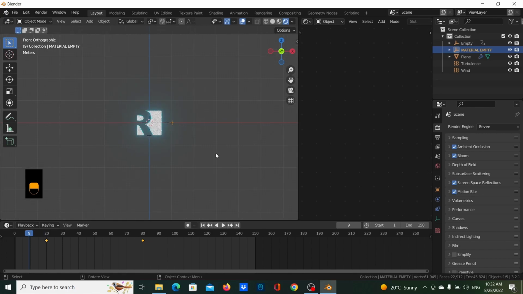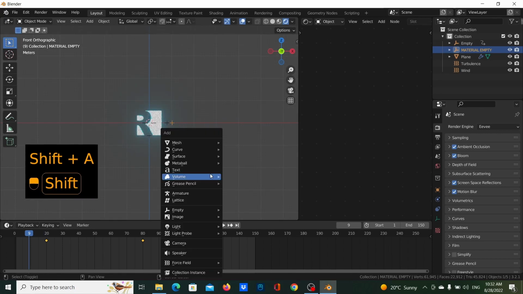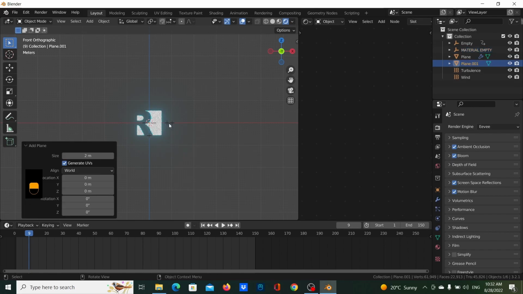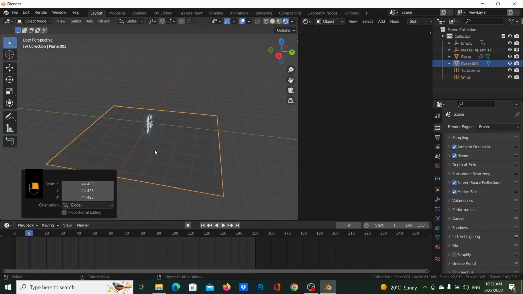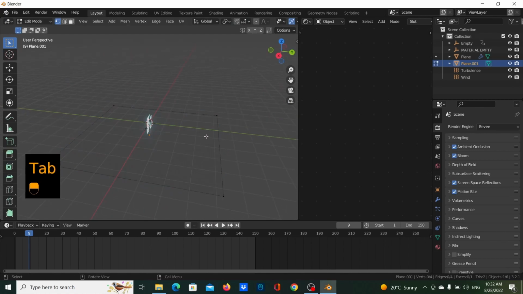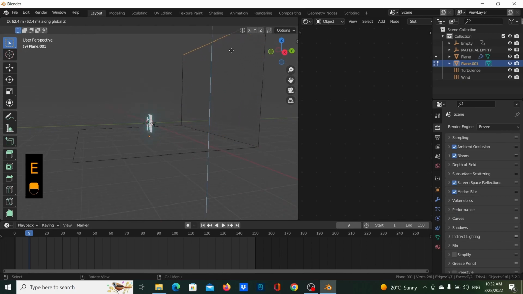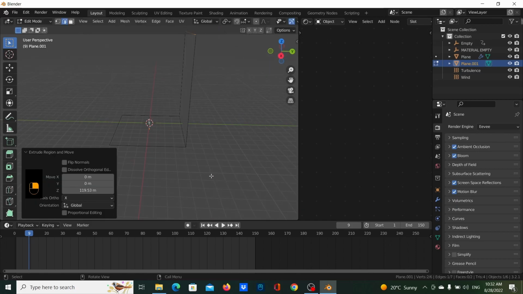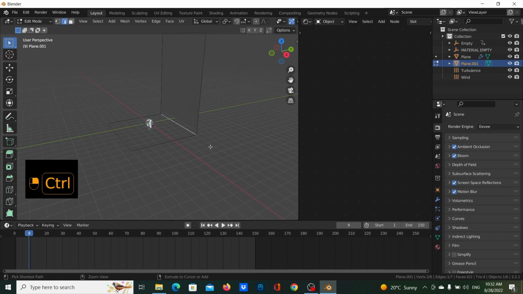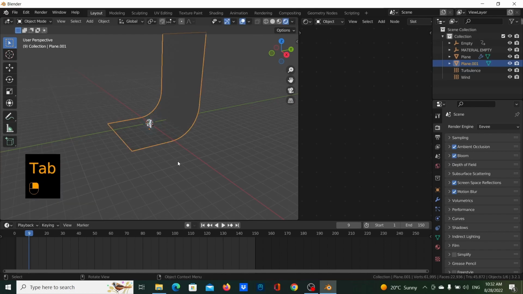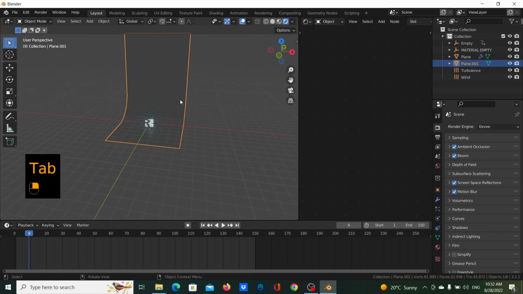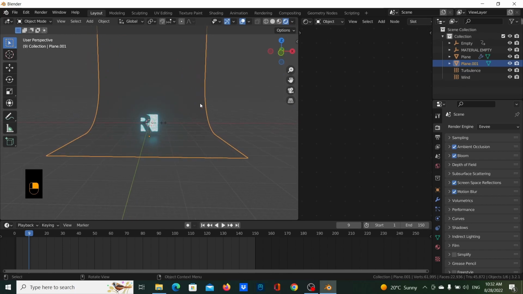So we have that set up, and now let's get a plane to make our background, and let's bring the plane down. Let's increase the scale of it, and let's get this. Let's use this. Let's just get the scene up, and Control B, and let's smoothen this plane. Okay,